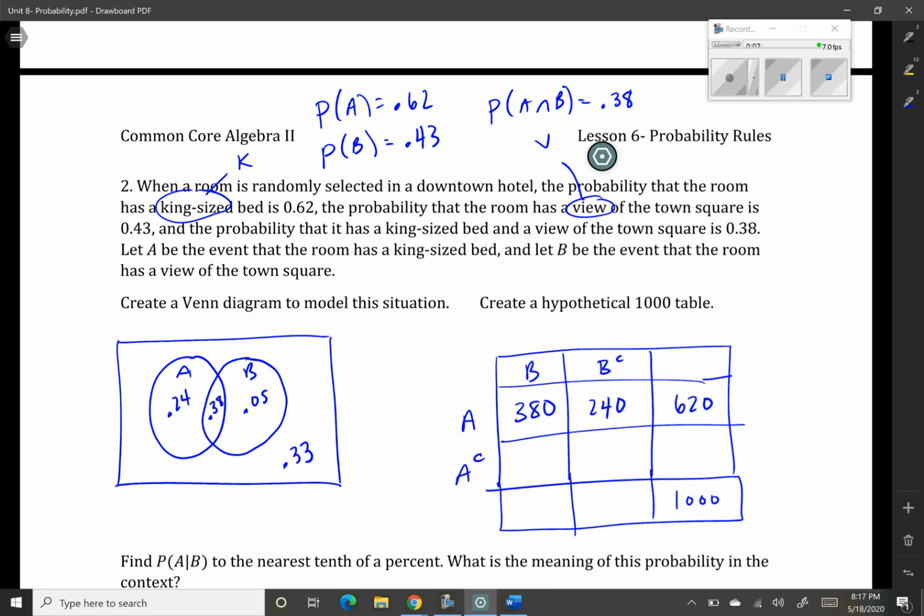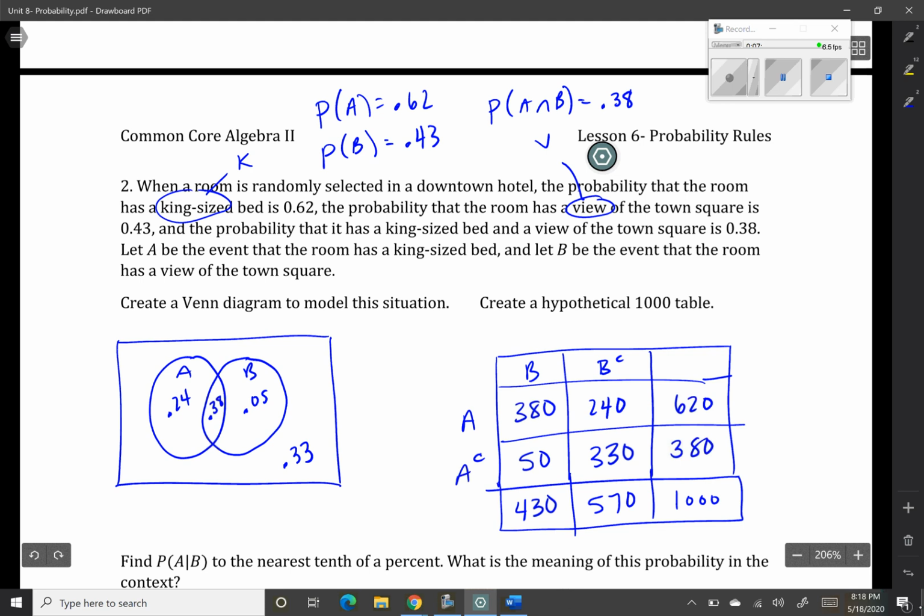I know for the rooms with a view, there is 430, so the B column should be 430. If I subtract these two numbers, I get 50, which would be this percentage here. And to have neither of those two things, we would do some subtraction. We could figure out that this is 480, do some more subtraction, not 480, 380. That was bad math. So we can figure out that this box is 330. Notice that percentage matches this percentage. And then if we add our columns here, we have